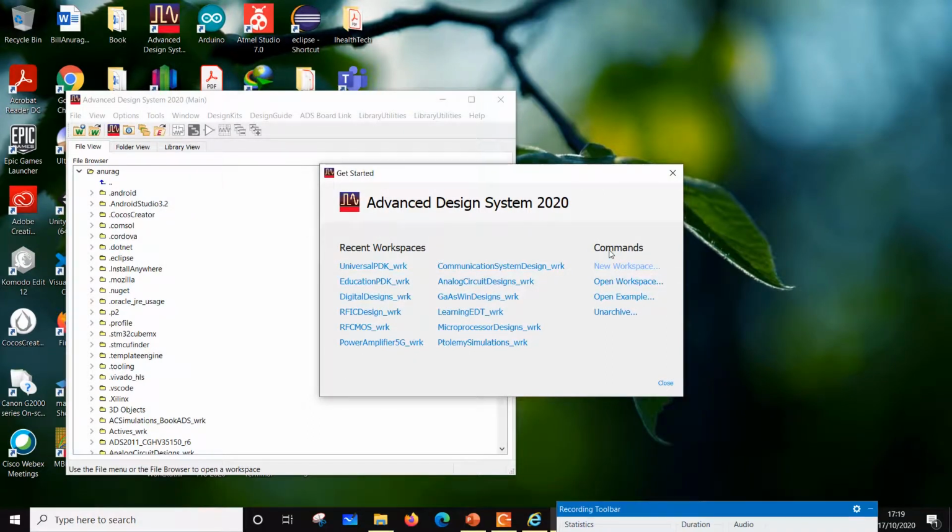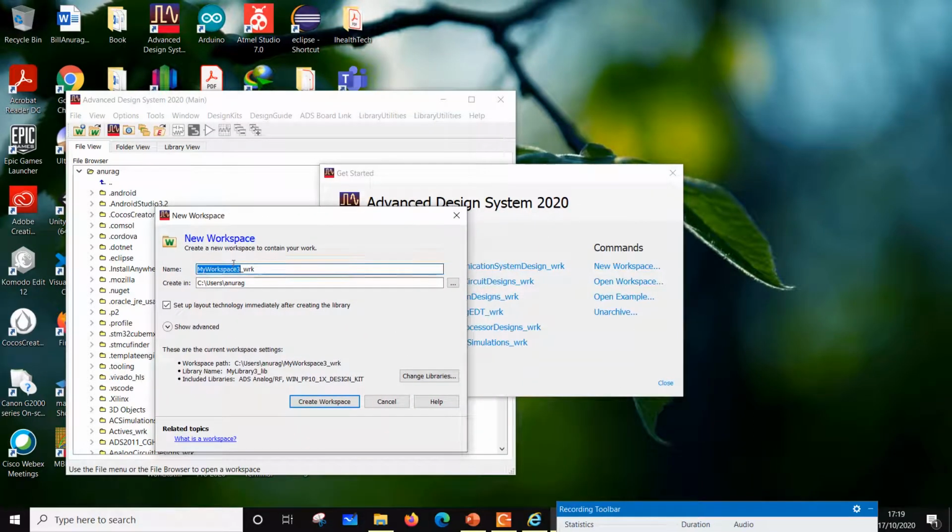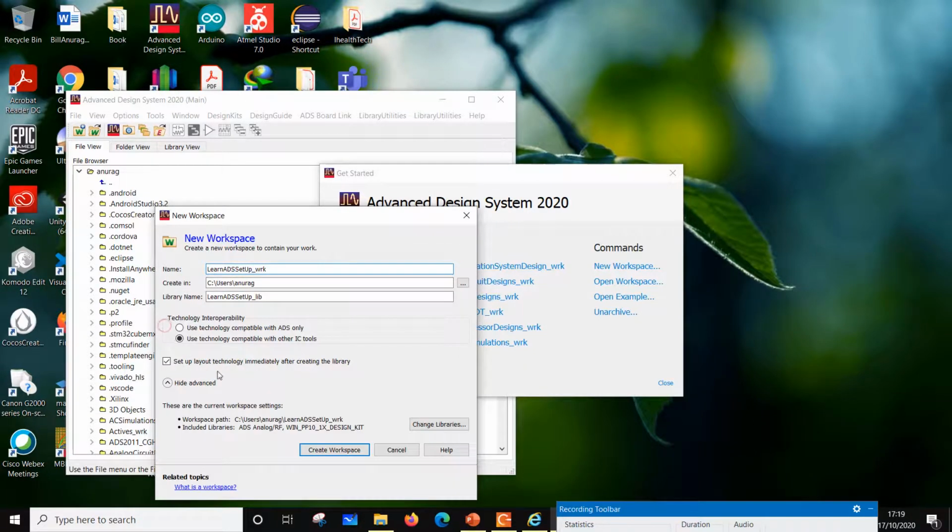When you create a new workspace, it comes up with a dialog box, and you can name a project. Let's say I'm going to name it learn ADS setup, since I'm going to learn some basics of ADS. Over here there are two options. There are libraries for various processes, and these libraries are specific to a tool.